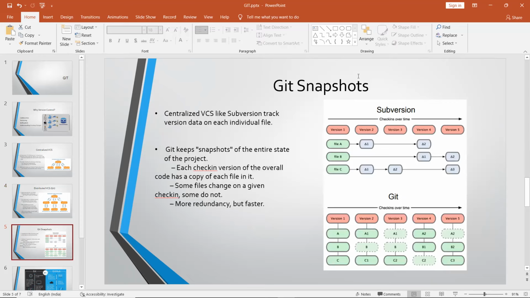Here, in the case of Subversion, what used to happen? Subversion means a central version control system. If you change, let's say you have version 1. Assume in version 1 you have file A, file B, file C. In version 2, you changed something in file A, you did not change anything in file B, and you changed something in file C. So this particular version 2